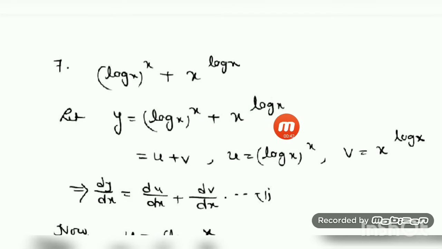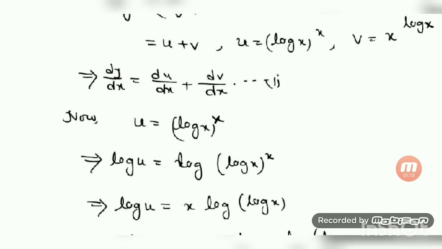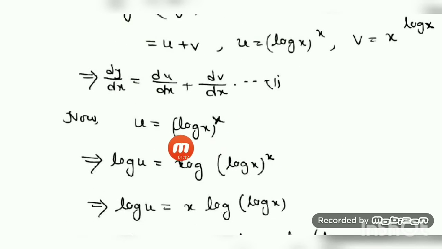And after this, instead of taking logarithm, we name the functions as u and v. What is u and v? That also I have mentioned here. u is (log x) to the power x, and v is x to the power log x. Then what I'll do? I have to take differentiation, dy/dx, and this becomes du/dx plus dv/dx. Okay. So separately, I have to now find out the value of du/dx and dv/dx. So let us take our u. So this is your u. u is (log x) to the power x.